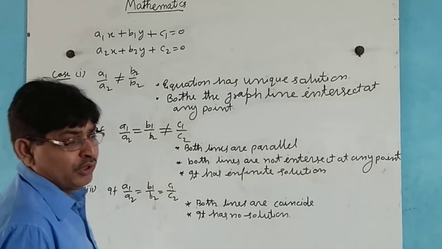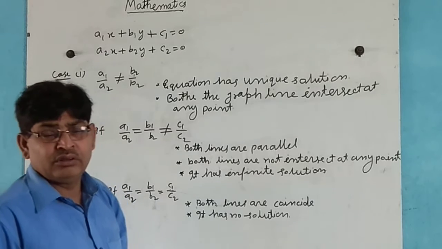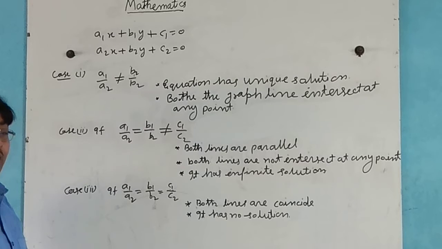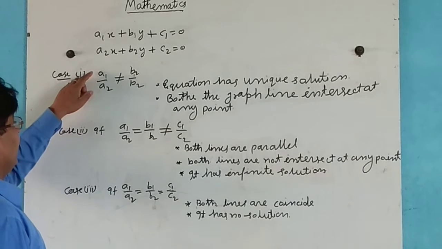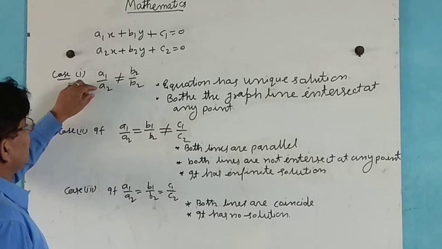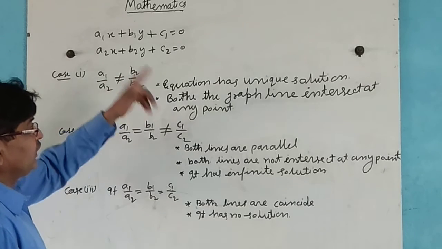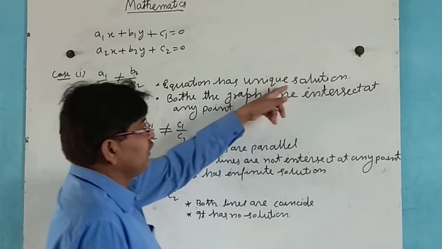First of all we compare the given equations with the help of this standard form. Here a1 by a2 does not equal b1 by b2. In this case, equations have a unique solution,